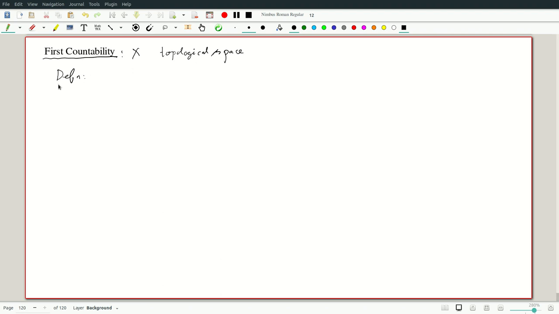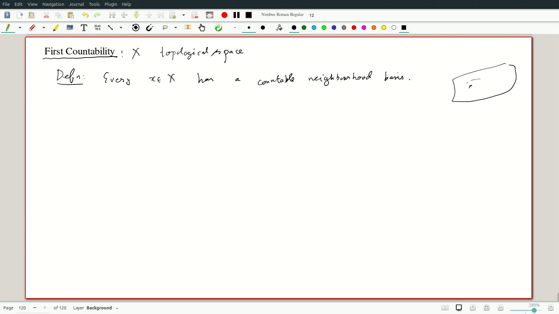So first countability says every x in X has a countable neighborhood basis. Okay, that is, given x in the space X, if I have an open set, there's a basic open set, where the basic open set needs to belong just to this countable basis. And now you might see quite immediately the theorem, which is: